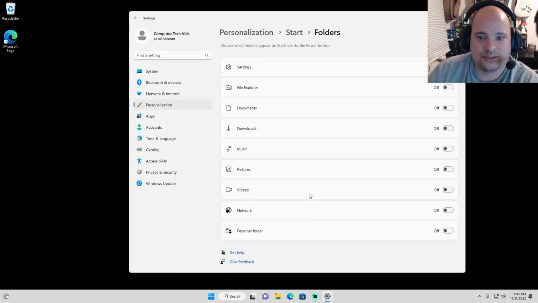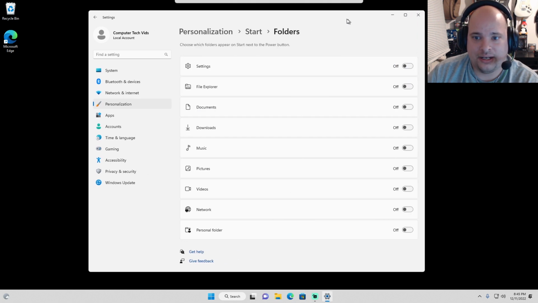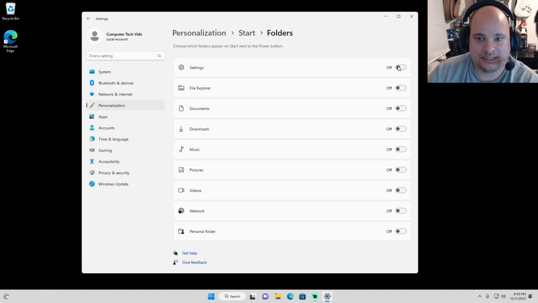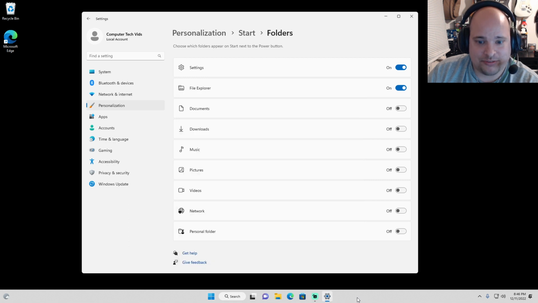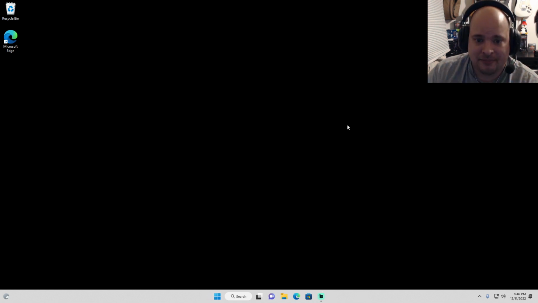We're going to folders. And then you'll see where, do we want the settings button? Yes. Do we want file explorer? Yes. Because now when I open this, I will immediately get my folders with my files in it, my settings, and my power. And I won't have to adjust anything. So that's a great start. Now your start menu's simplified. You're done there, right? You can now click Start,